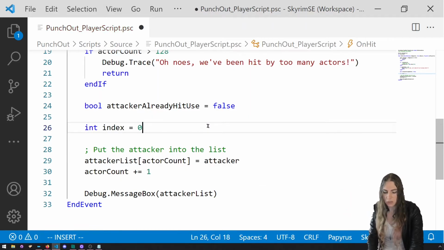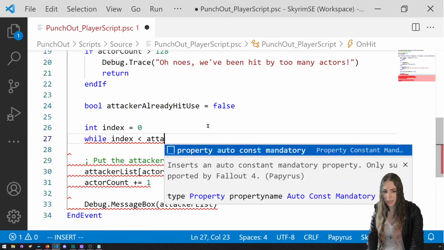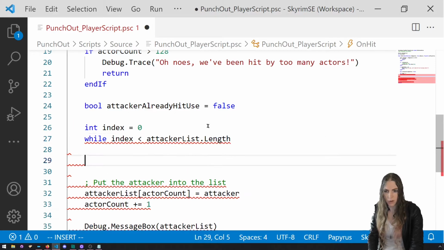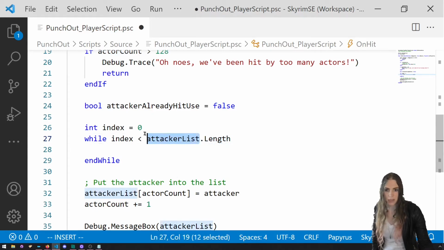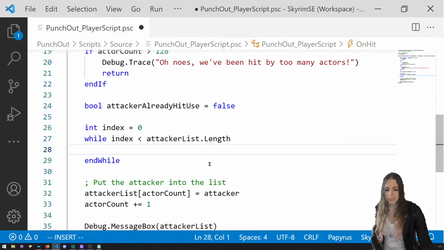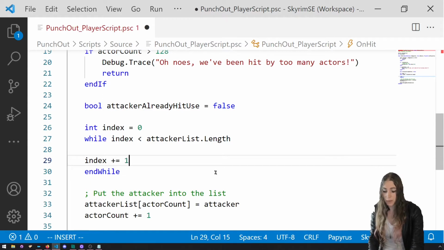Int index equals 0, and while that number is less than the attacker list dot length, for us in Skyrim, the only dot something you can do on an array is dot length. There's no other dot on top of an array, like actors have dot blah. Arrays, you can say dot length, and that is it. So we're going to make the index bigger as we go,